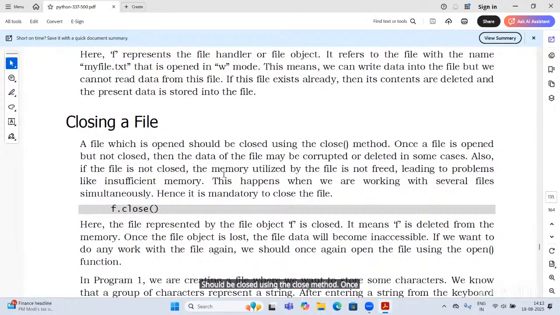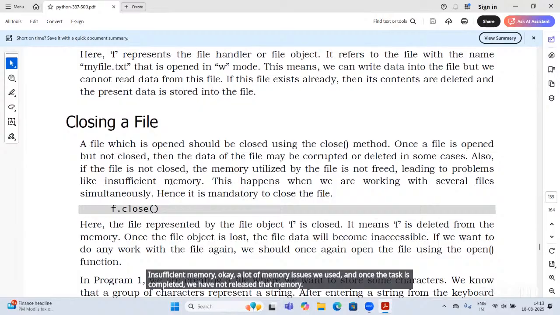Once a file is opened but not closed, the data of the file may be corrupted or deleted in some cases. Also, if the file is not closed, the memory utilized by the file is not freed, leading to problems like insufficient memory. A lot of memory is used, and once the task is completed, we have not released that allocated memory.